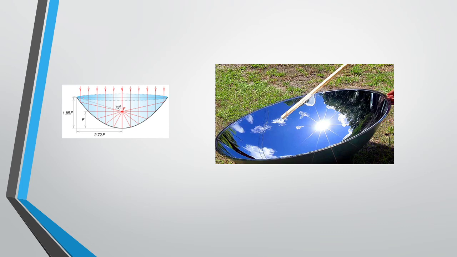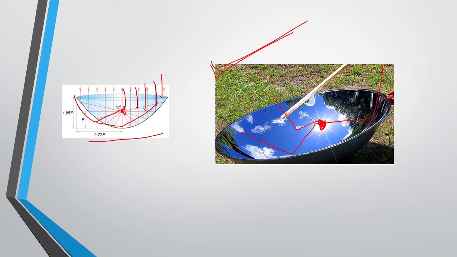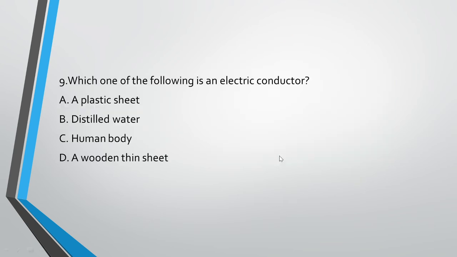Parabolic mirror, it captures the lights. You can see that it captures the light and focuses them into a point. Here it is, we can see in the figure, and here is its example. See, you can see that there is one point where all the lights meet, and this is like this, moves like this, and then reflects and joins a single point where all the reflected light meets, like this. Let's move to our next slide.